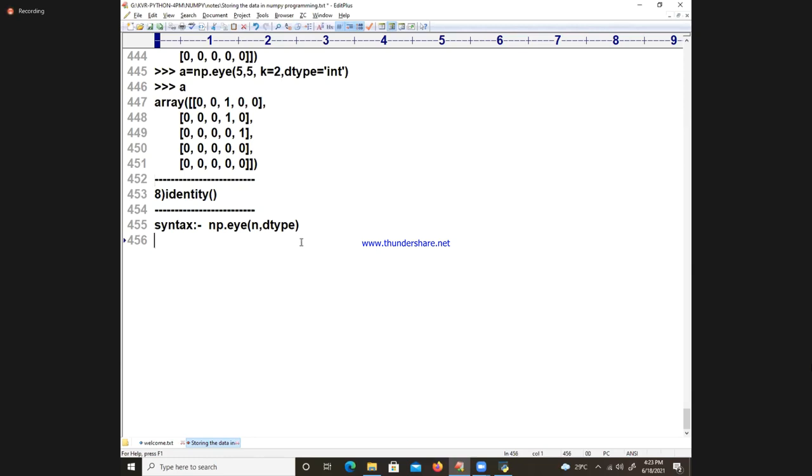Now I am going for the identity function. What is the identity function syntax? The syntax is very, very simple: np.identity(n, dtype). You need to take it. What is the purpose of this function? I am writing: this function is used for generating